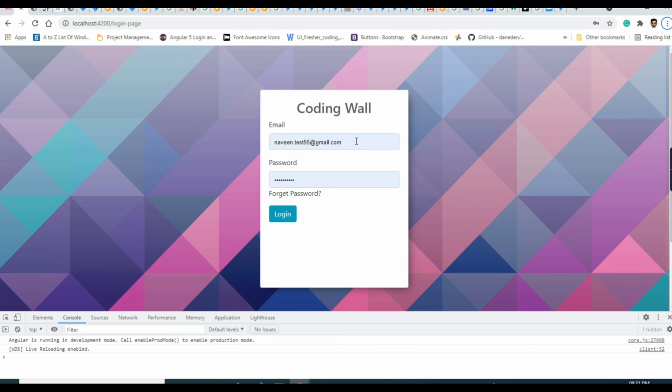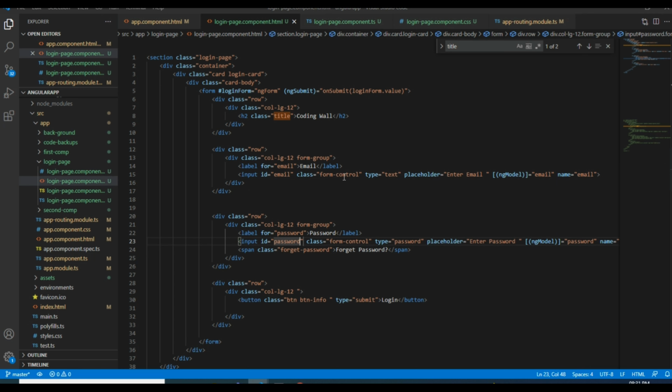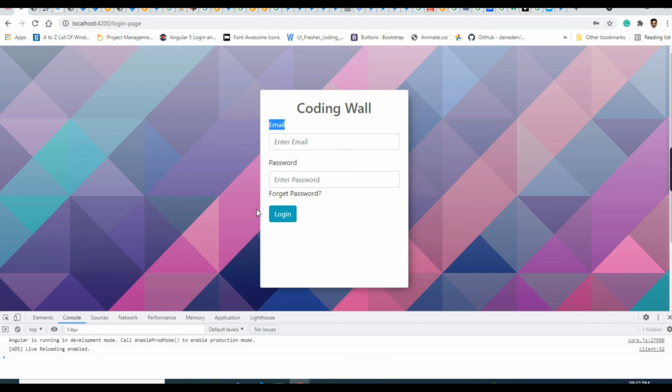If I click here, it needs to focus here. Okay, see, this is the reason why I'm giving for here and email ID for here. So in this way I'm giving for here for the label. If I click here, it will directly focus to the input field.